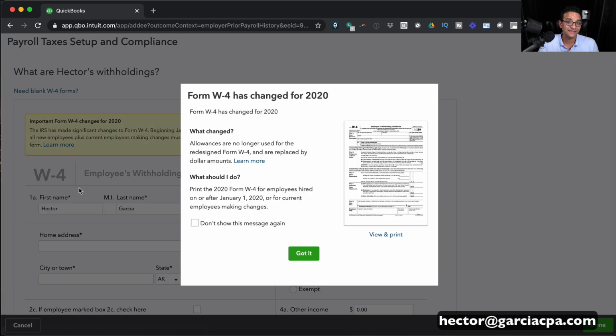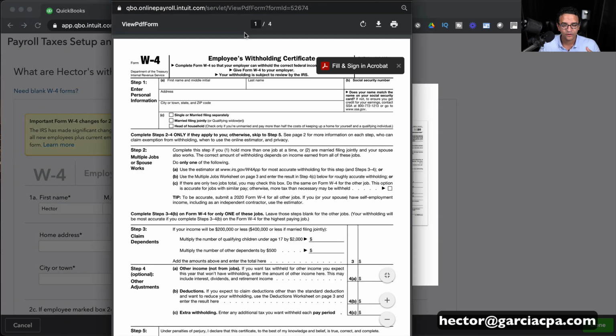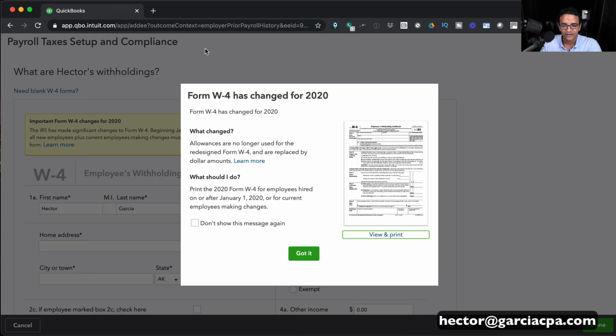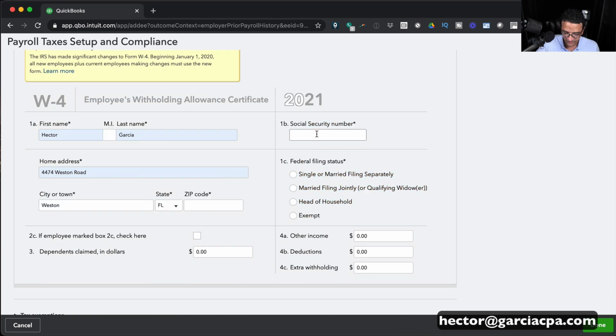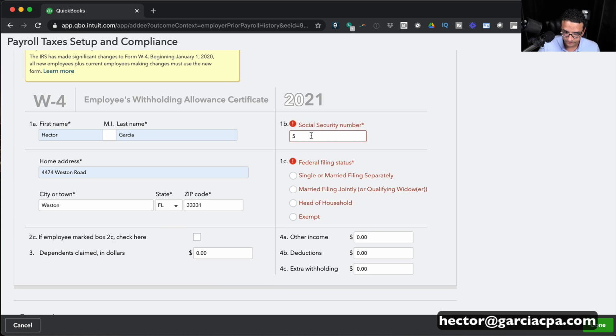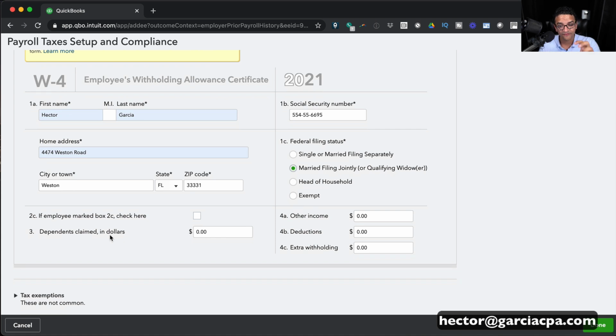So as an employer, it's your responsibility to make sure that the employees give you a W-4. Okay, so you're going to download a W-4. You can print it straight from here. Your employee is going to fill that out, and then you're literally going to transcribe whatever's in there into here. So we're going to go ahead and put that information. I'm going to make up a social security number. This is not a real number, so okay. Then I'm going to say that this person is married,